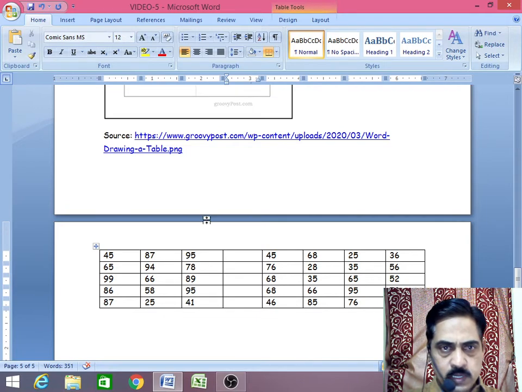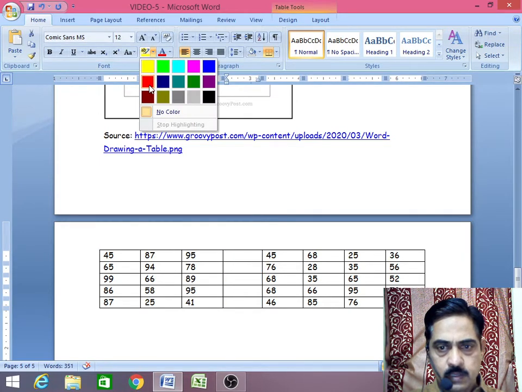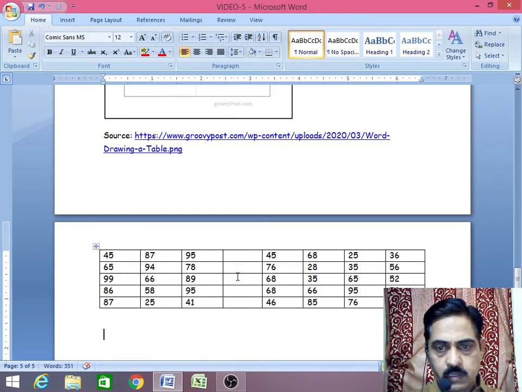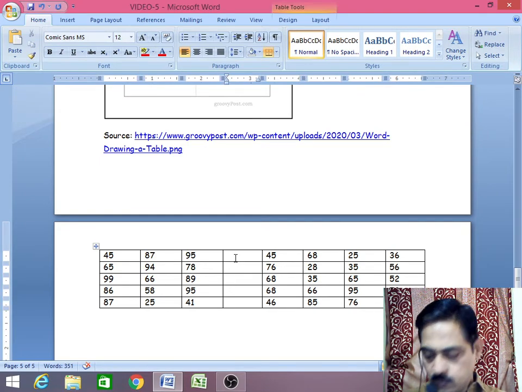So let me make it color. Inserted. Okay, so this I will fill.